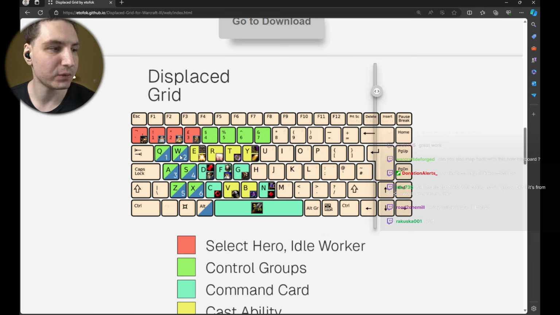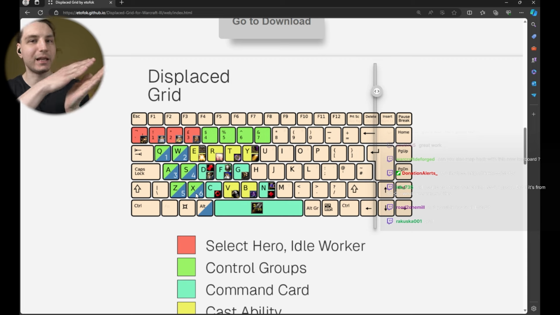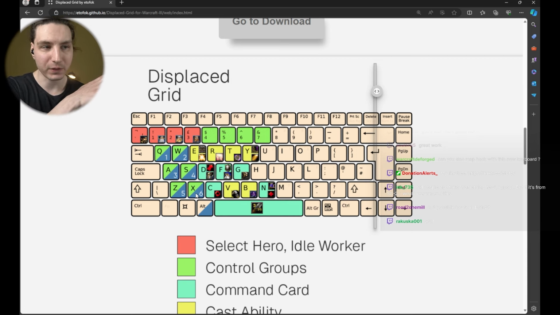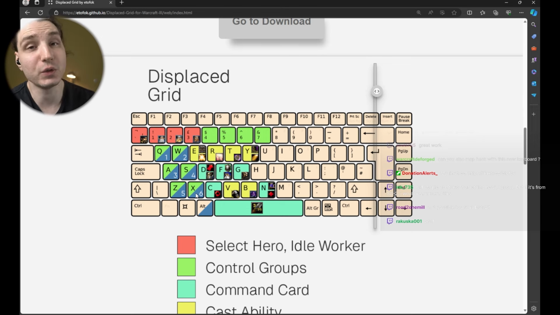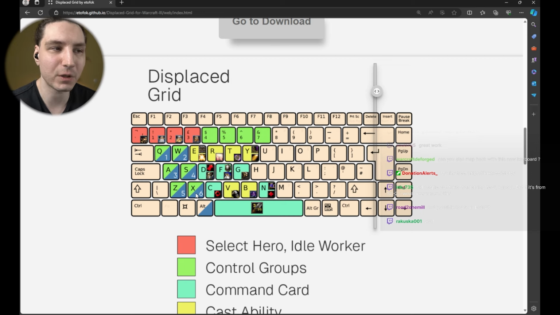For the items, you use Q, W, A, S, and Z, X, which is basically a layer on top of your control groups when you press the Alt key. In Warcraft 3, I actually did 7 iterations of this design. And in Warcraft 3, you don't really use your items a lot. You do use your items, but you don't really use all 6 items all the time, and they don't need to be